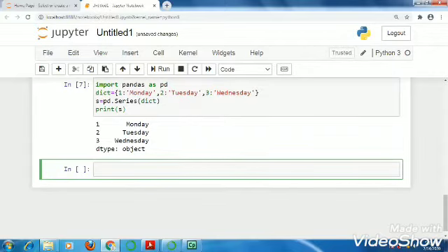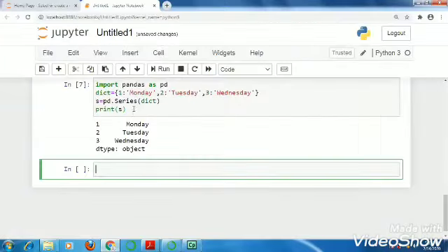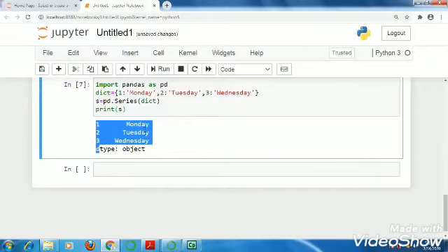For creating a series using dictionary, first you should know how to create a dictionary, and after that you can create the dictionary and pass the dictionary object to the series. In the output you can see simply the keys are used as the label indexes and the values are used as the data of the series. Here the index does not start with 0, that means it is not the default index. Here the keys of the dictionary are used as label or index and the values are used as the data.